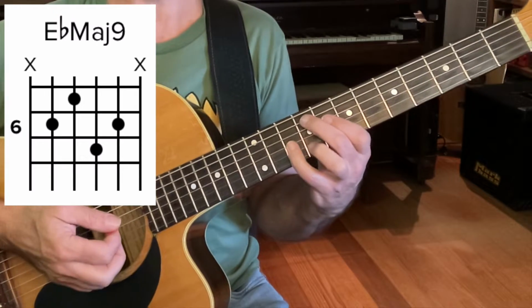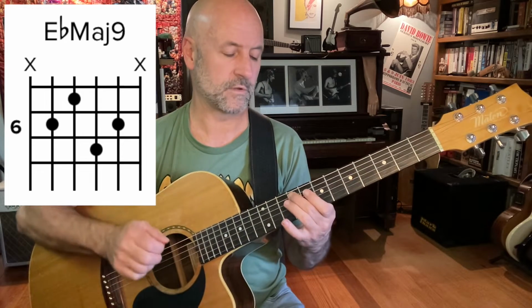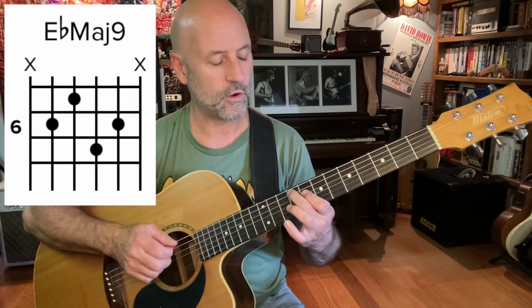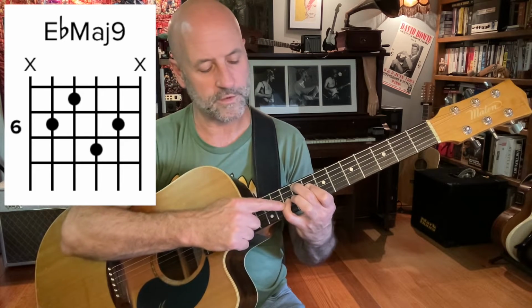At the point where the vocals start and the bass comes in, because we now know it's a G flat major 9 chord, I play it using what many people call the John Mayer voicing. So I'm up here at the 9th fret on the A string for my root note, the G flat, then 1st finger on the 8th fret of the D string, that's my 3rd, pinky on the 10th fret of the